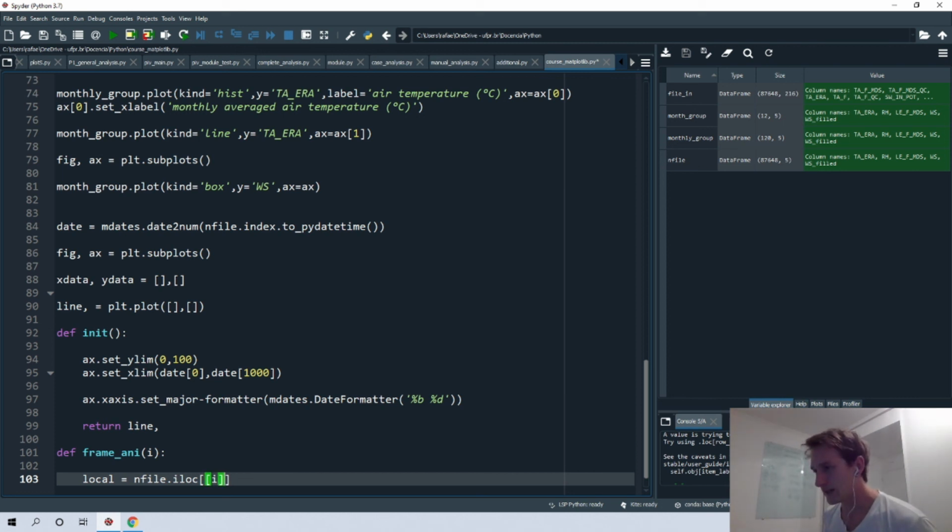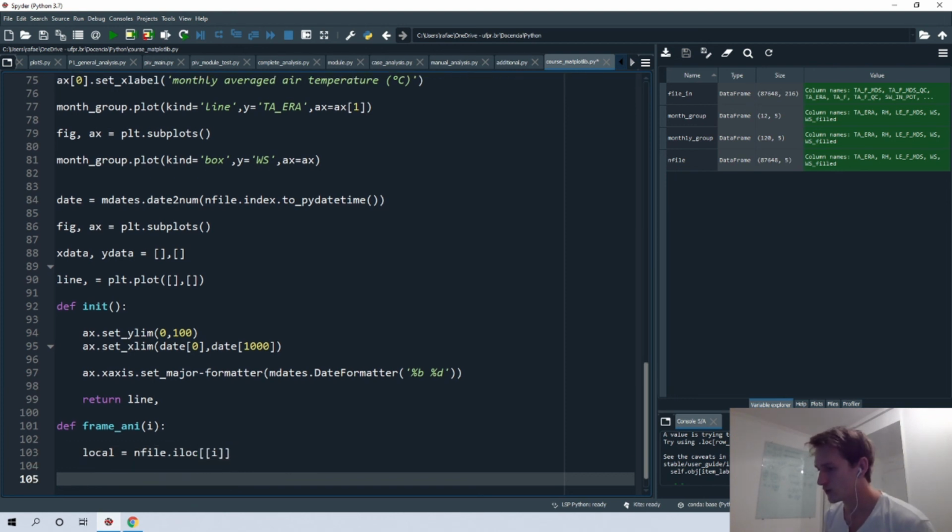Okay, then we must indicate the value related to this. So we must extract the information that you want. So if you are trying to plot something related to the relative humidity, we must extract just information for that.